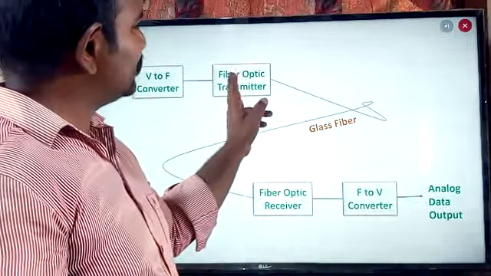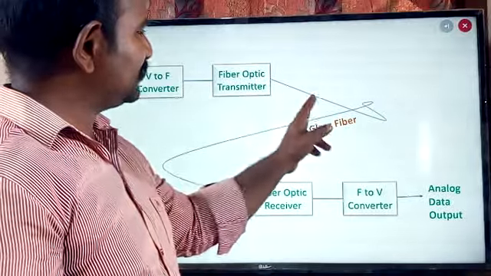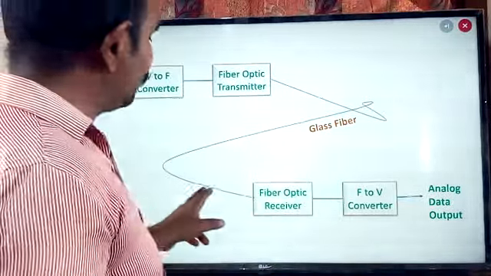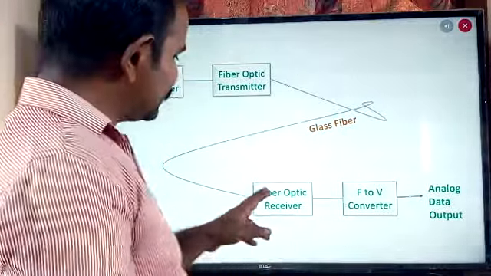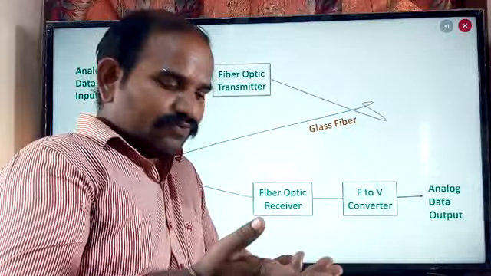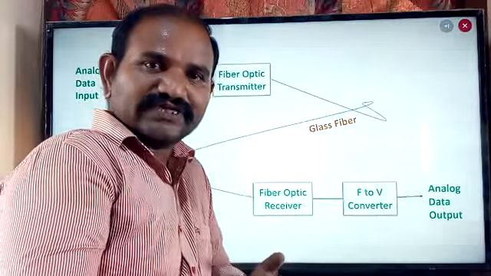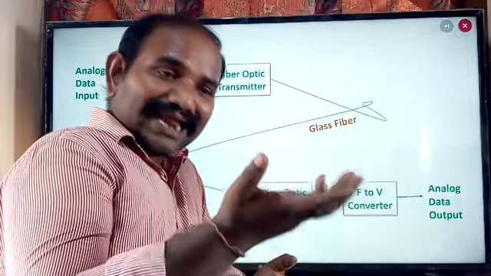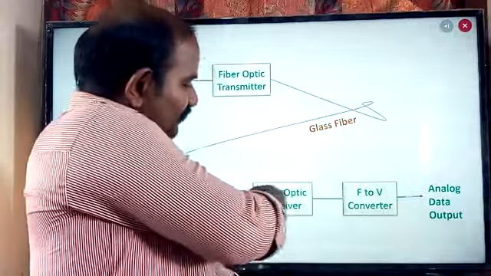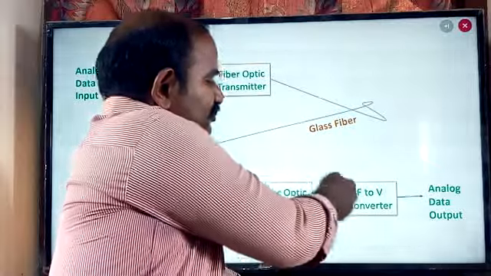So here, the laser or the LED acts as a transmitter, and the information is transferred through the glass fiber or the optical fiber in terms of light. At the destination, I'm going to use the fiber optic receiver. The receiver is also a light detecting element, which detects the light coming through the fiber and converts that information into pulse